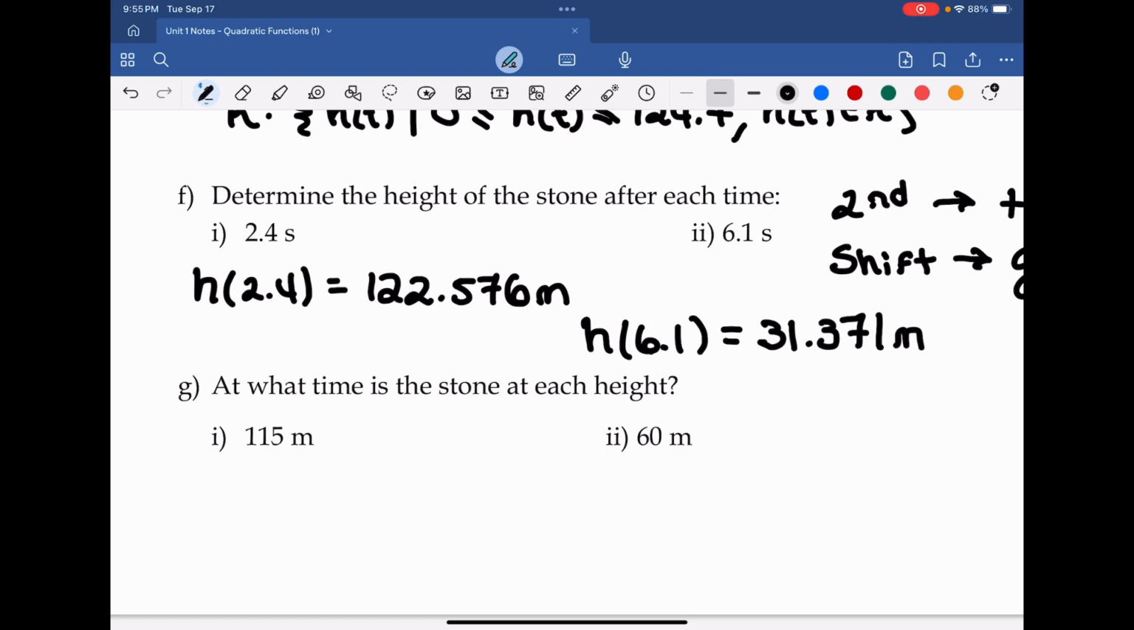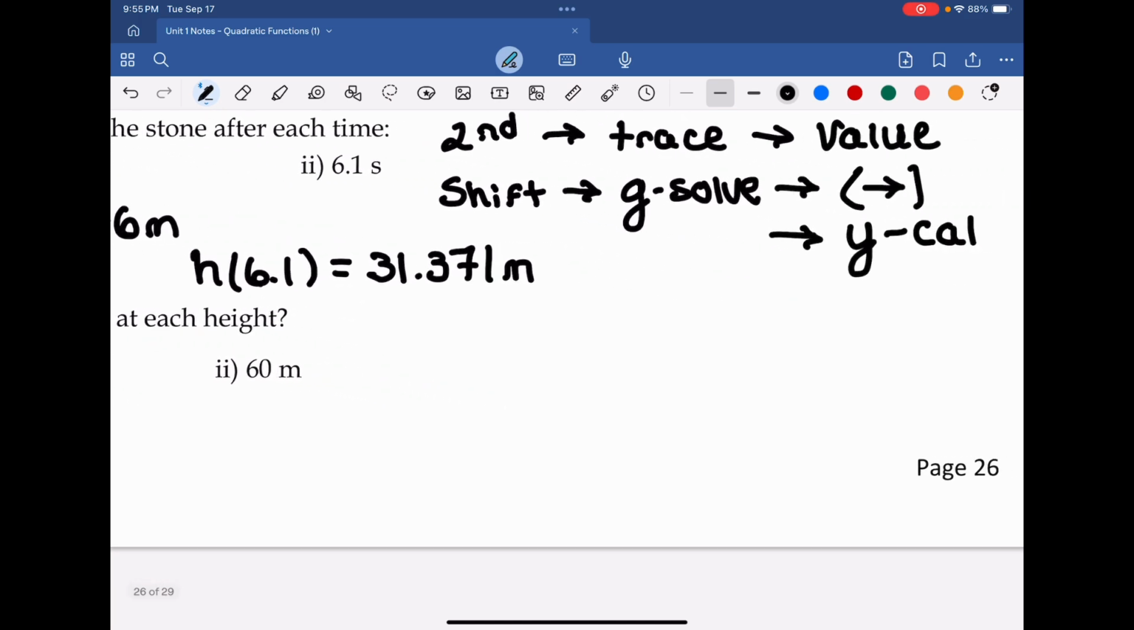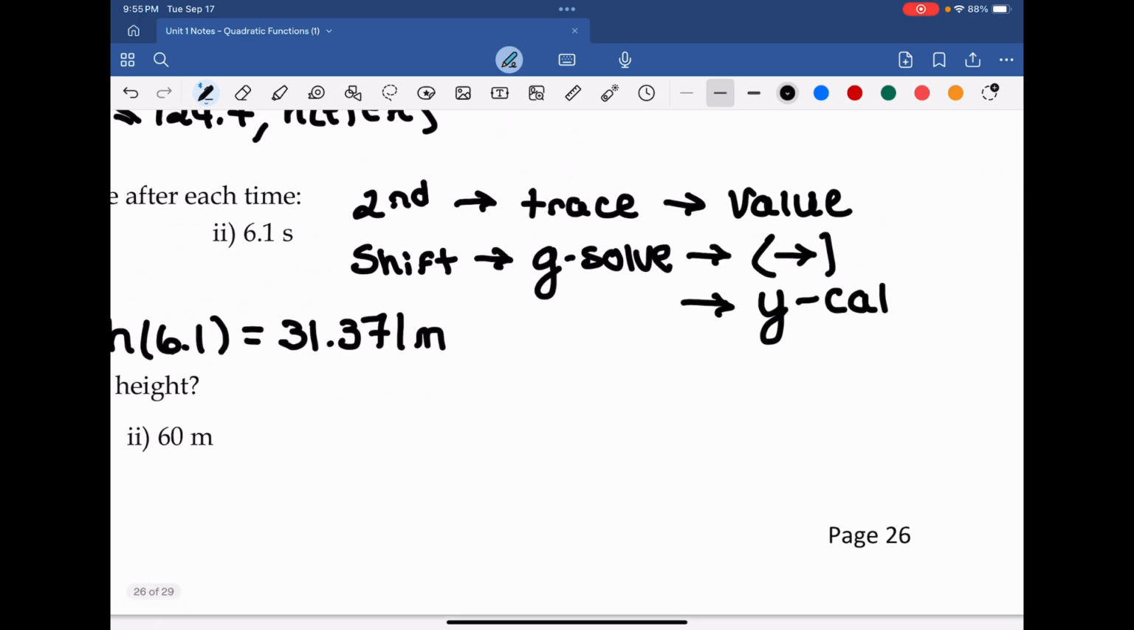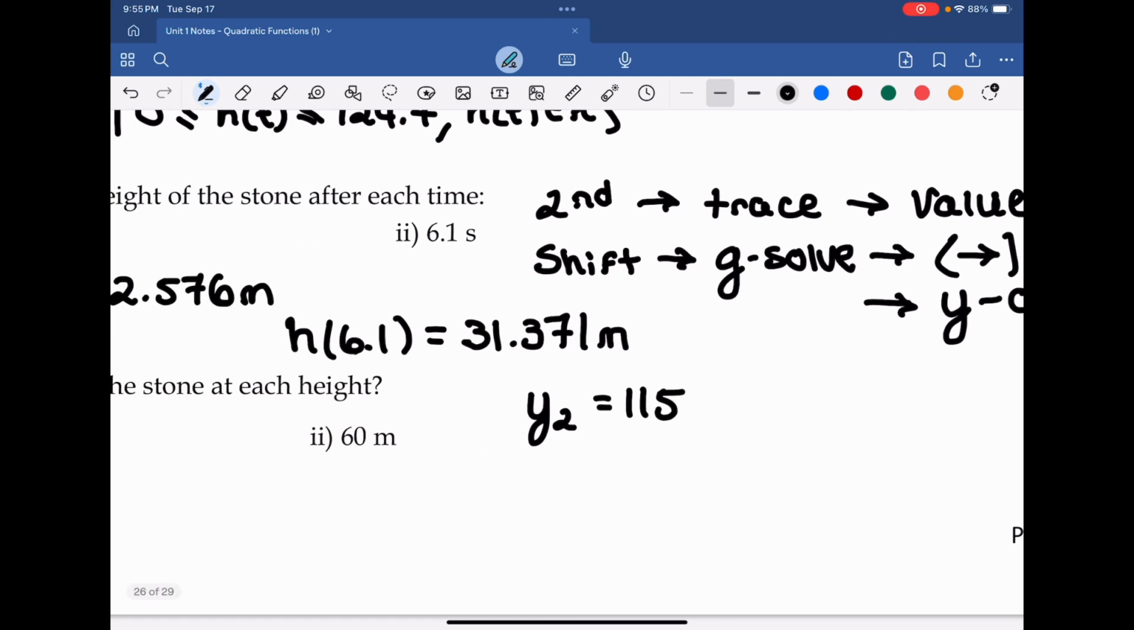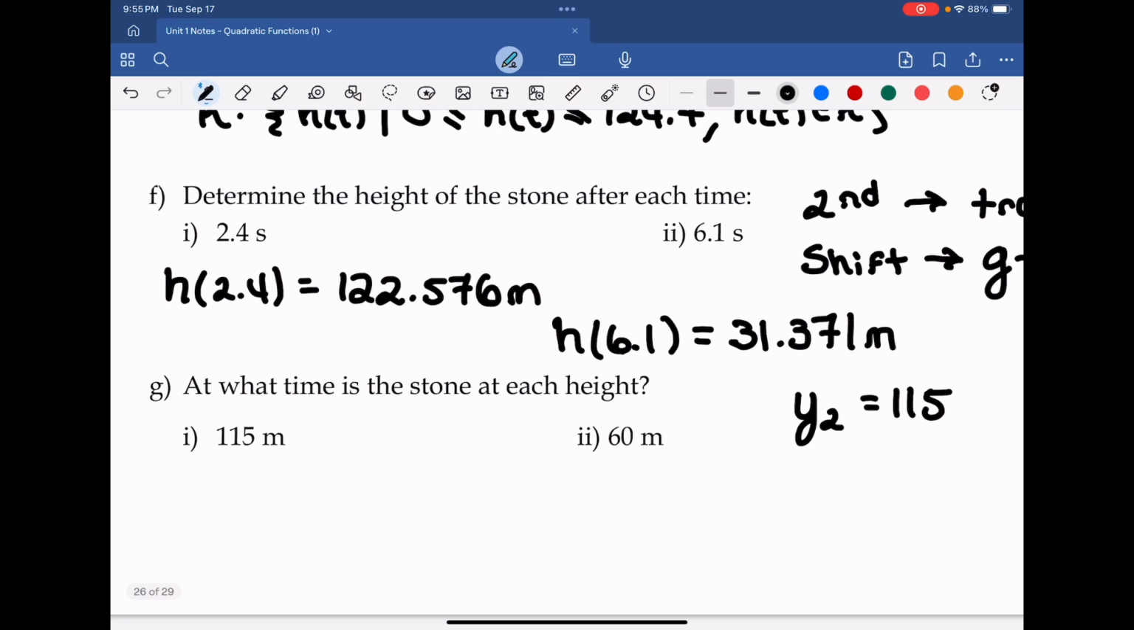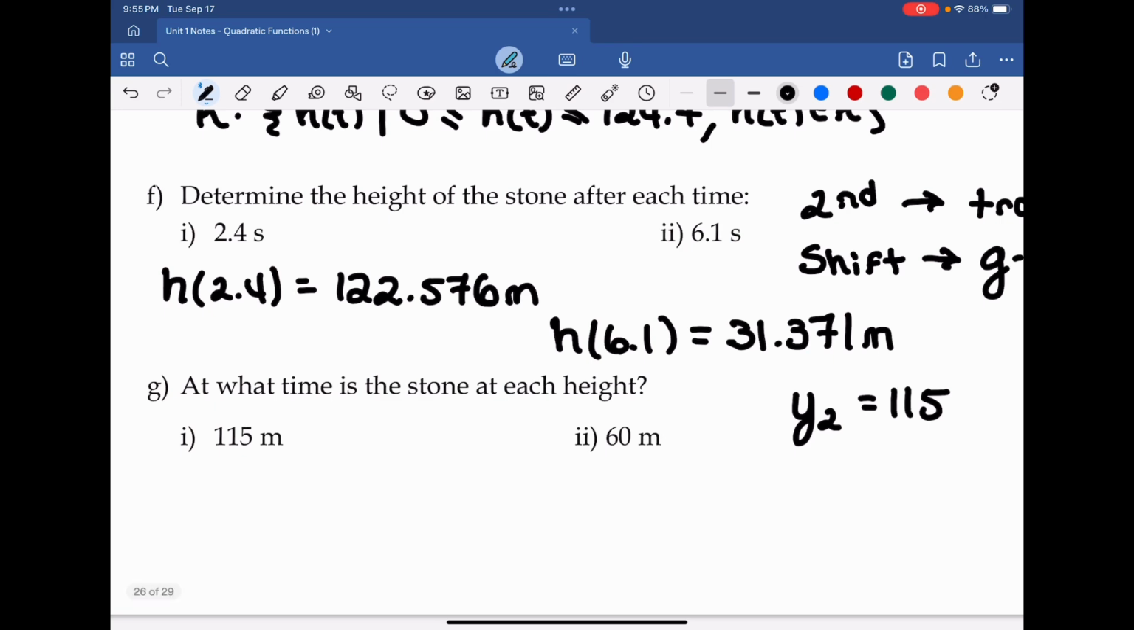Now, at what time is the stone at each height? This is an opposite way of asking. Instead of typing in a time, now we're going to type in a height and figure this out. For my TI users, you have a bit of work to do in order to get the solutions here. You're going to want to type into Y2 the 115, the Y value they were looking for. So they're saying at this height, what is the time? In Y2, I want you to put in